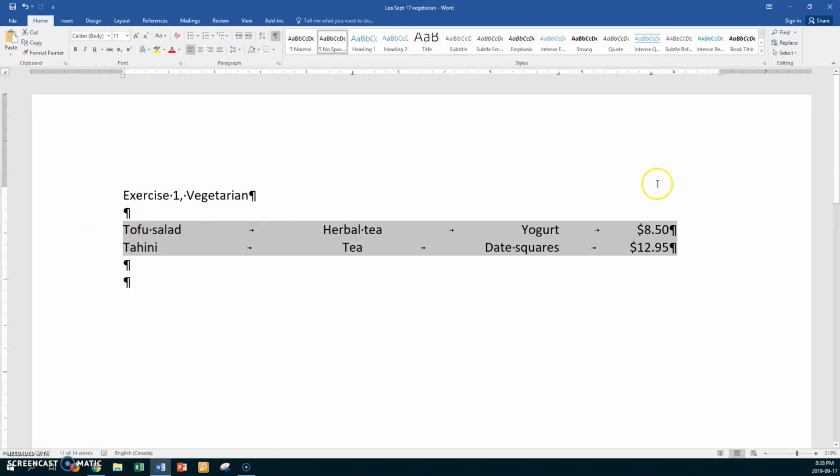So take your tab stop here, your decimal tab stop, that's at 5.75. Now drag it to 6. Then take your right tab and drag it to 4.5. So point to the right tab, drag it to 4.5. And your last one, move your center tab to